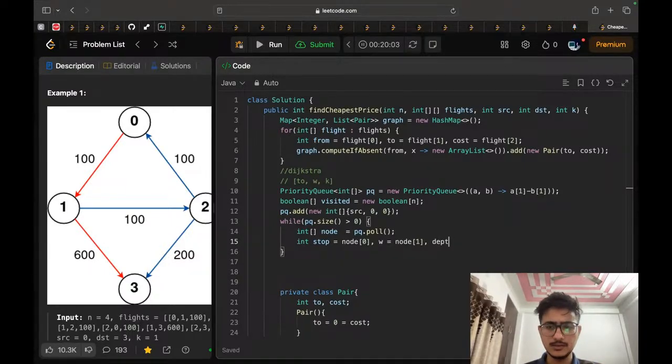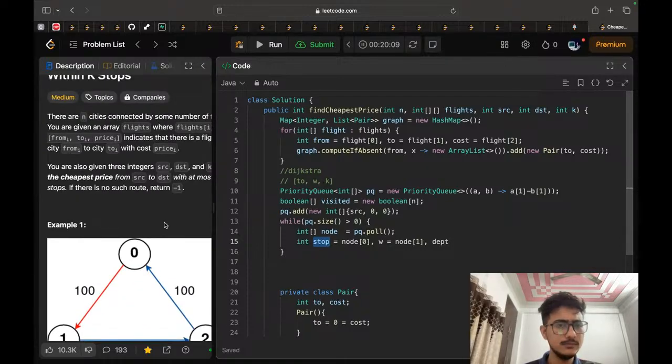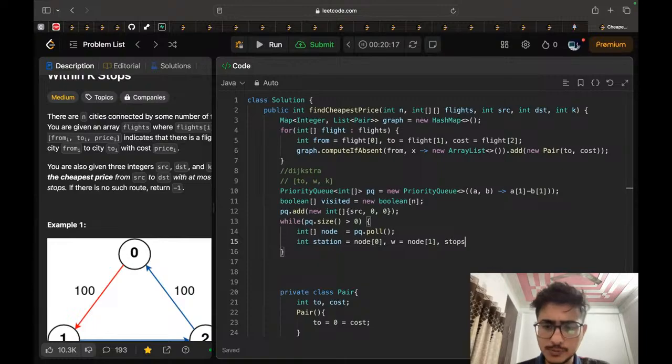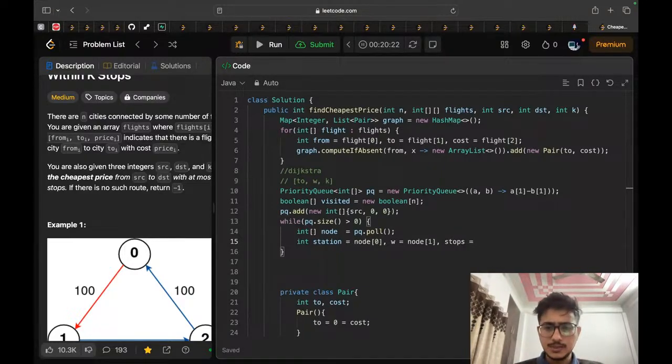Call the, so we have this station, and stops will be, what will be stops here, it will be node of 2. Okay,